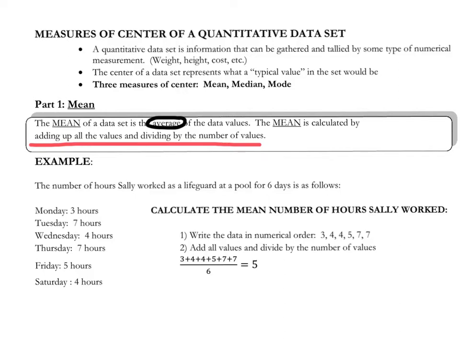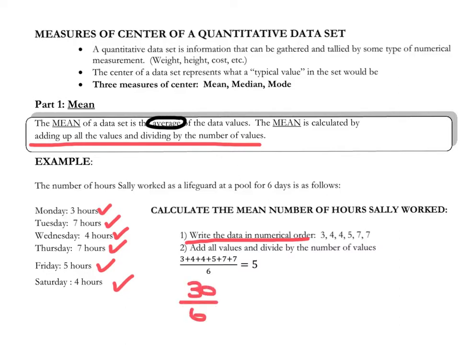For example, this says the number of hours Sally worked as a lifeguard at a pool for 6 days is as follows. She worked 3 hours, 7 hours, 4, 7, 5, and 4. If we want to calculate the mean, we're going to take all of the numbers. We usually first write the numbers in numerical order. This is going to help you with finding the center of the data. So we're just going to add all these numbers up. 3 plus 4 is 7, plus 4 is 11, plus 5 is 16, plus 7, plus 7. You end up getting 30